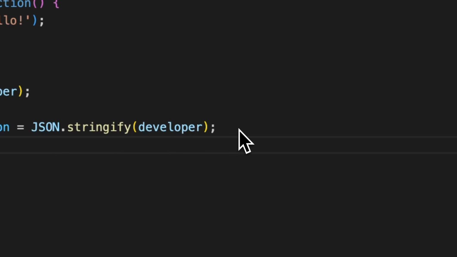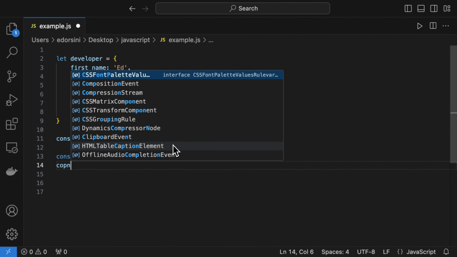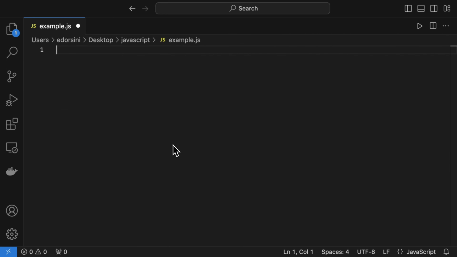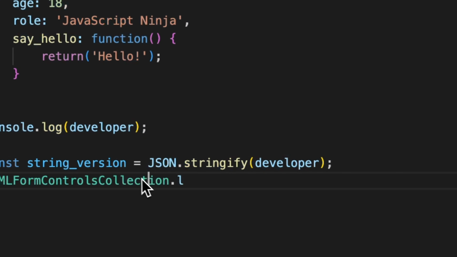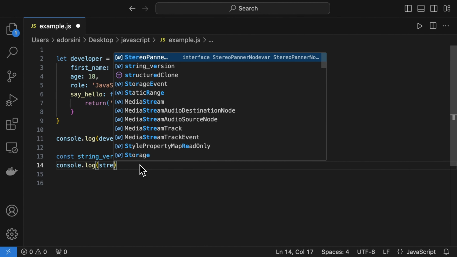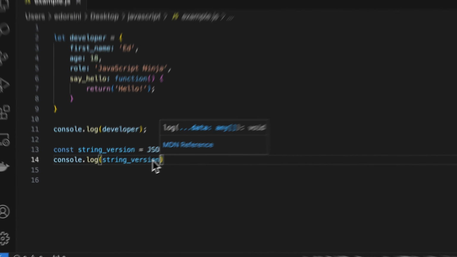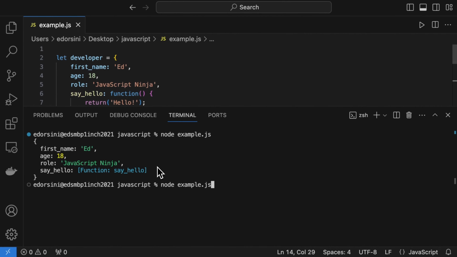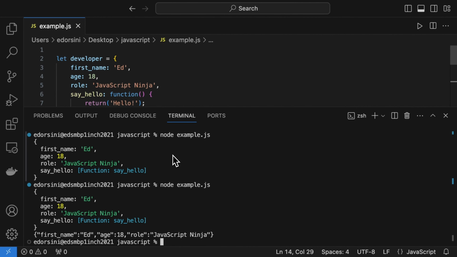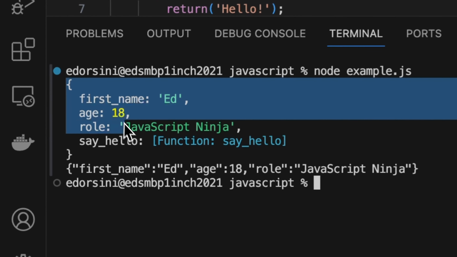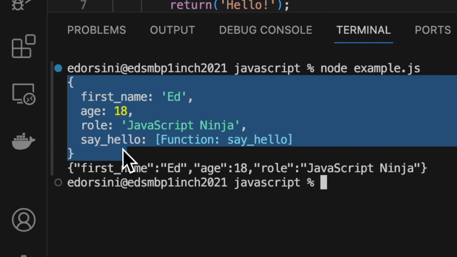And now if I go ahead and console log string version, we'll run this. Let's see exactly what we get. Well, now, let's clear it and do it again. Now what we see is that this is the object that we printed the first time, and this is